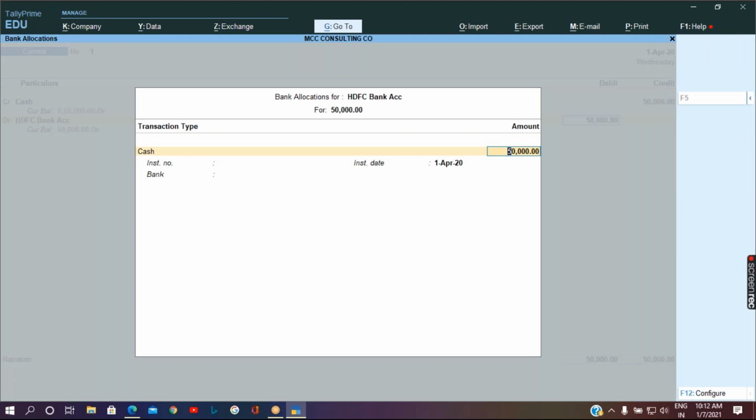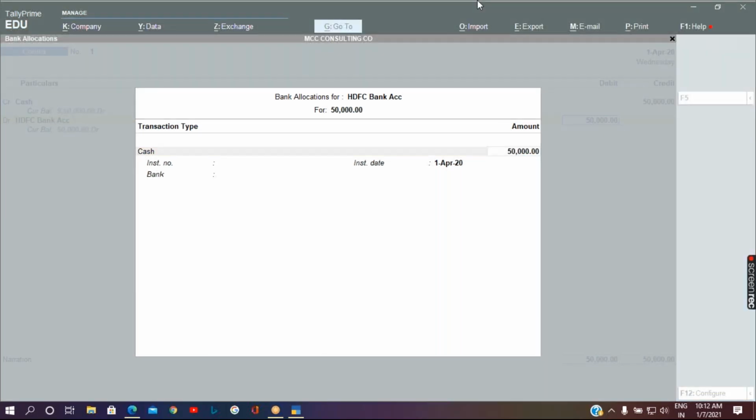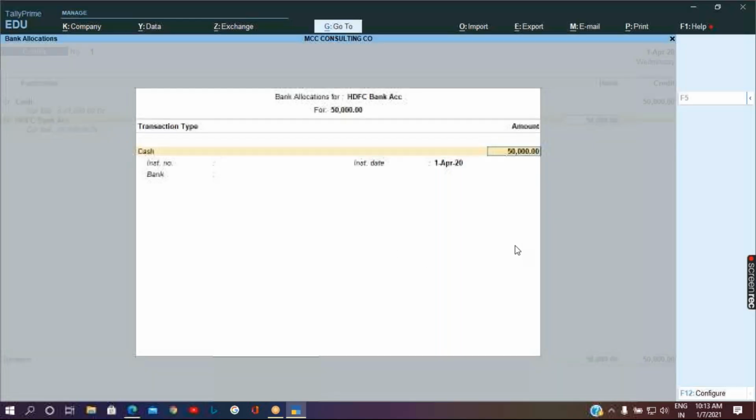Whenever there is a transaction related to a bank ledger, you will see a new screen, which is called the bank allocation screen. In it we specify how the amount is going or coming in this bank. As per this transaction, the amount is going through cash.